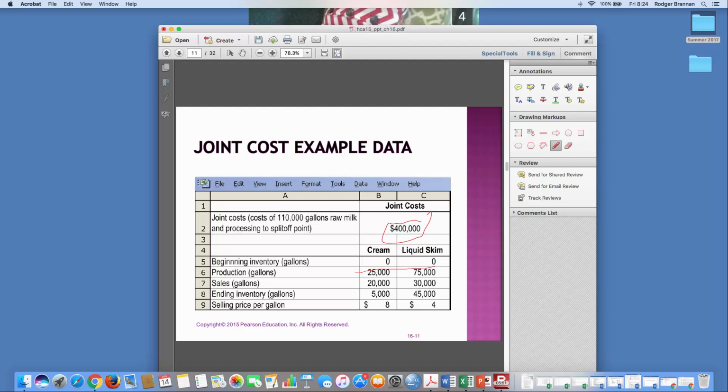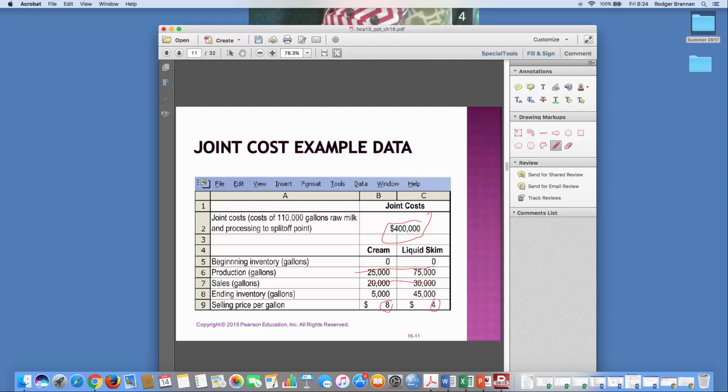The production is 25 and 75, but the sales are 20 and 30. So my objective here is to allocate the joint cost so that I have a proper valuation of ending inventory and a proper valuation of cost of goods sold. And likewise, at the split-off point, the products can be sold for, in this case, cream can be sold